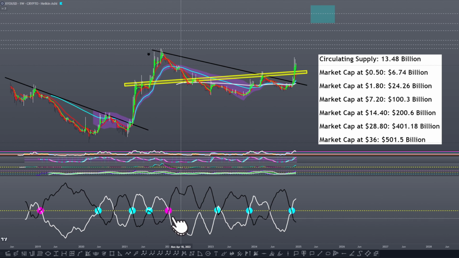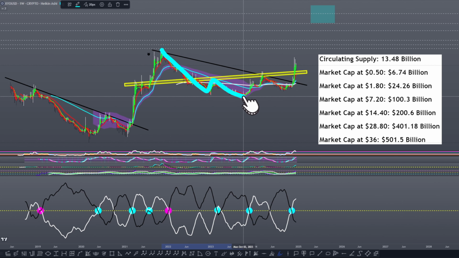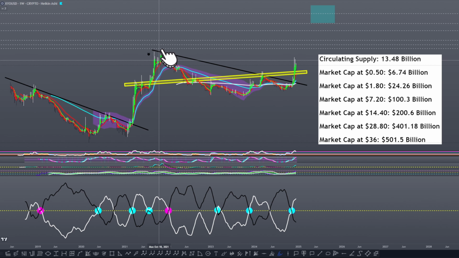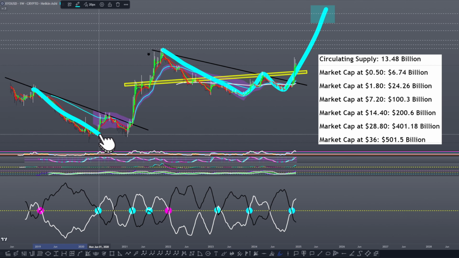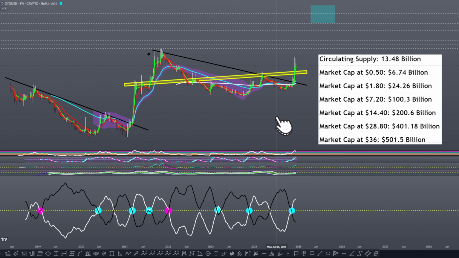But going forward, again, we have 1, 2, 3, third cross here happening in November of 2023, right at the, let's see, the W here for looking at this as a double bottom here, but more accurately, this would have been the first bottom here, and then this will be the W, because this is what it did the last time around, as I've pointed out in videos that I've dedicated to XYO recently. But that would have been a great buy-in.